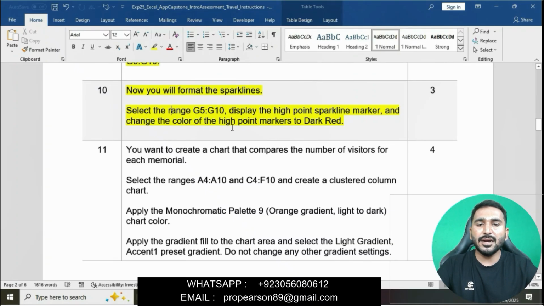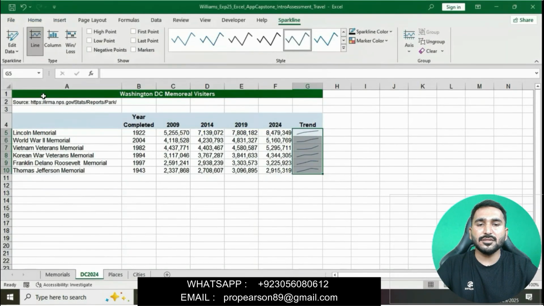Simply we will select this range, G5 to G10, first, and display the high point markers.